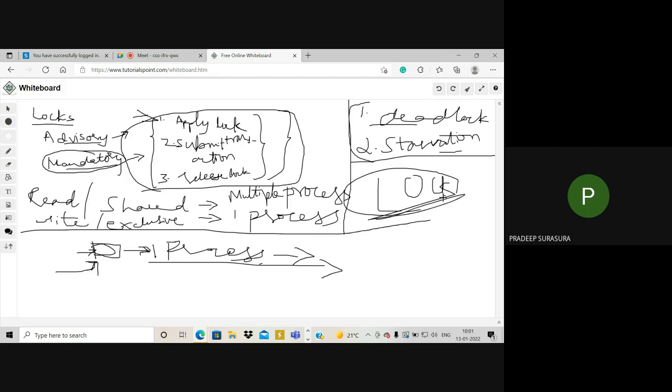Now coming to locks, they do have disadvantages. The main thing is when one person has already applied a lock, the other one cannot access and has to wait. And if there are any other issues, maybe a network issue or any failure, a catastrophic failure, a power failure, the other would maybe not get access. So that's one particular disadvantage, but most of the time they have a great advantage in accessing things.